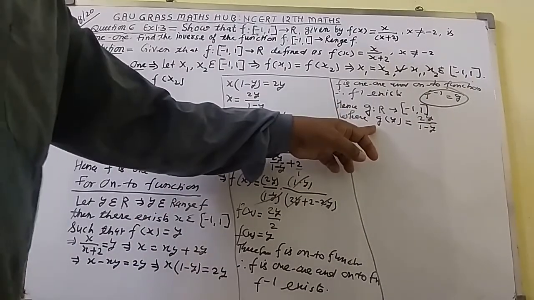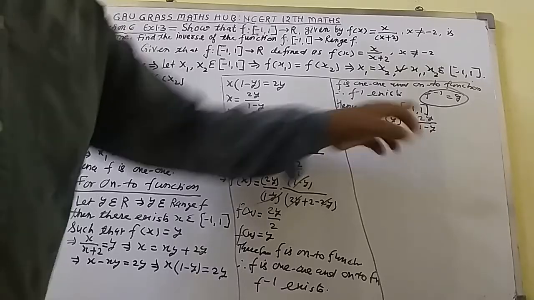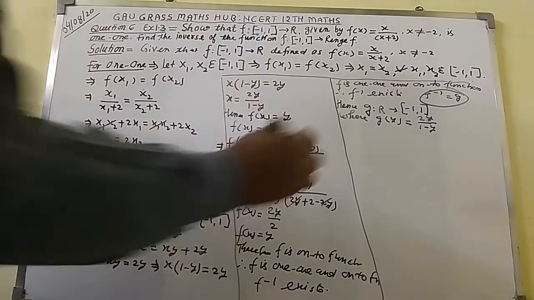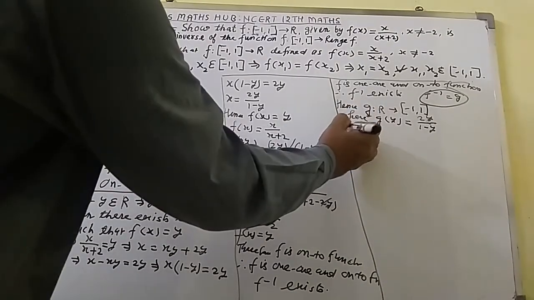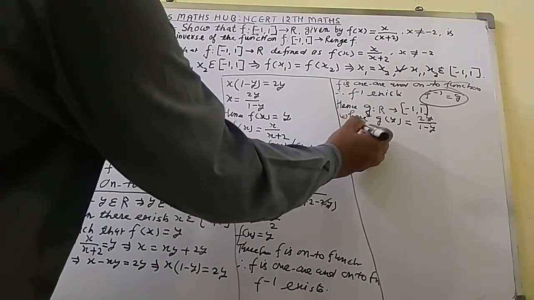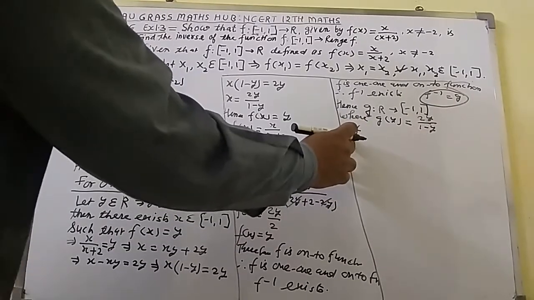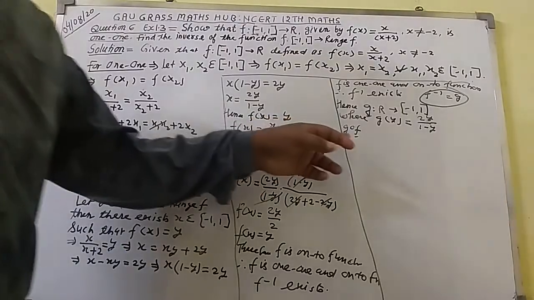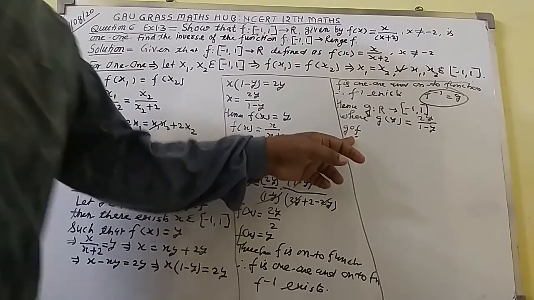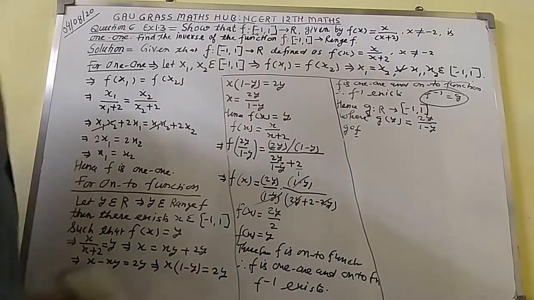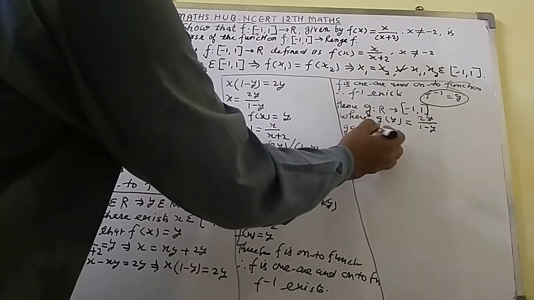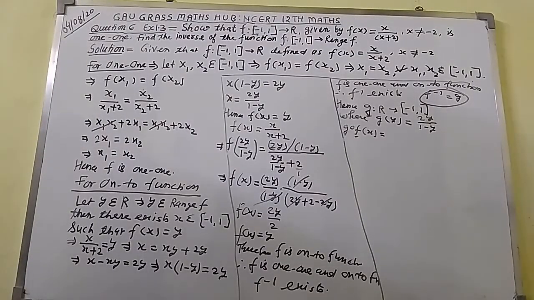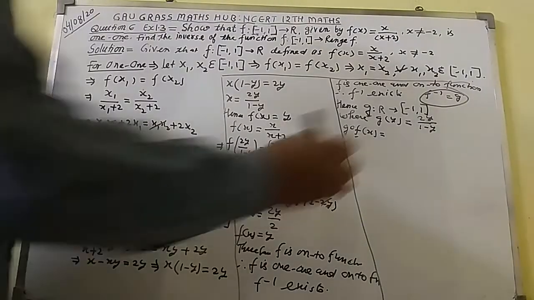g(y) equal to 2y over 1 minus y. So now what will we do here? Here g is there, so write g o f. In g o f, the last letter is f, so f will be related to x. So write g o f x, that is g of f(x). Let us see what will become.